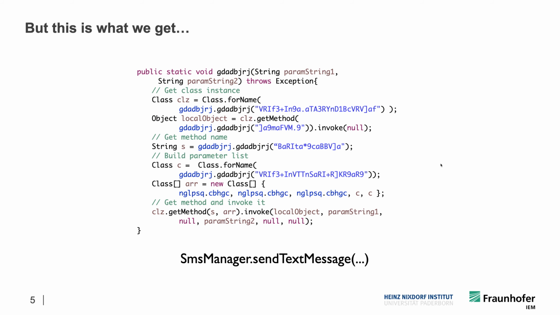But then if you look a few years later, we had malware that rather looked like this, that used reflection and dynamic loading and so on to actually obfuscate what it was doing. And essentially this is actually the same code, right? So this is doing the same, or executing the same functionality that we saw on the previous slide. It's just heavily obfuscated, and you can imagine a static analysis doesn't really have any chance of finding out a lot here, right? I mean, we do see some Class.forName calls, but you see all the names have been mangled,